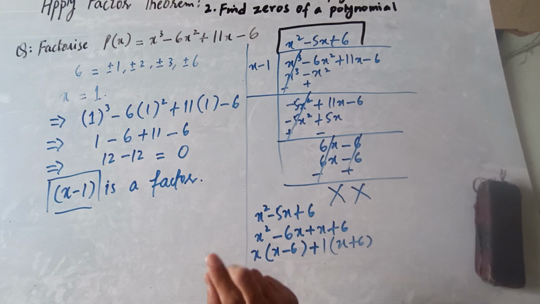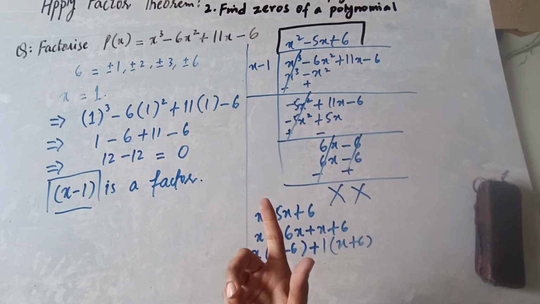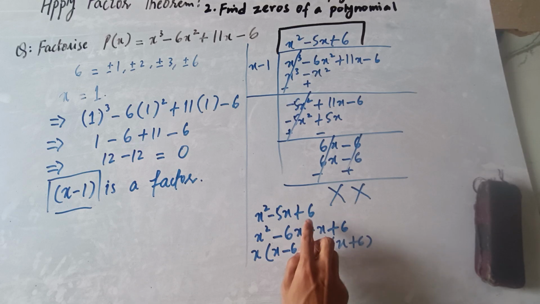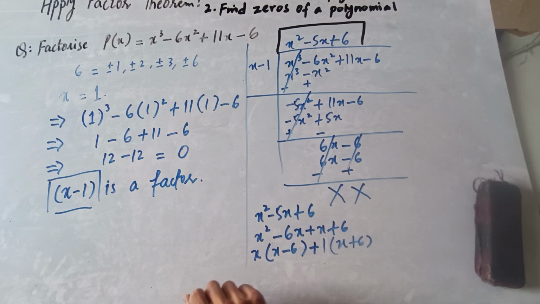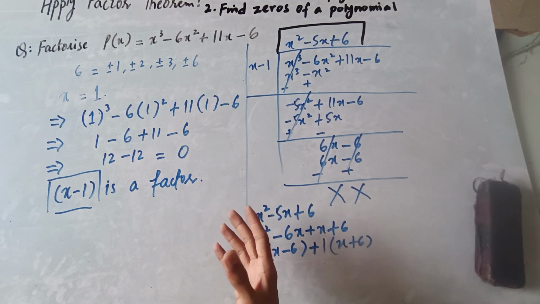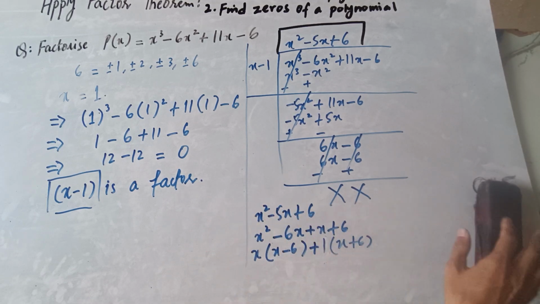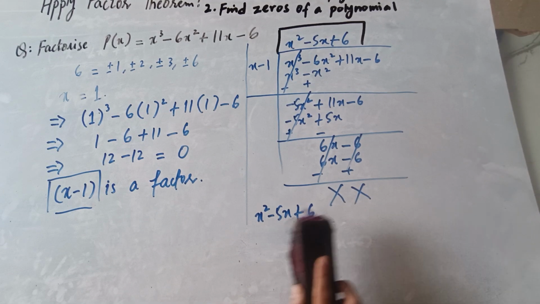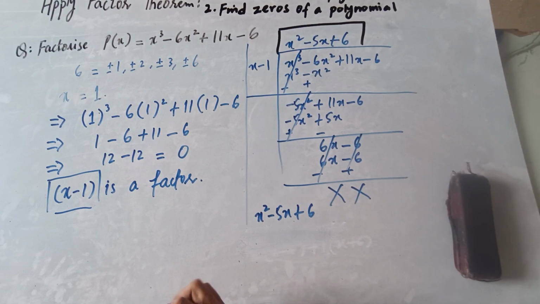But over here we need to check one more condition, as we have already discussed in middle term breaking factorization, that their product should also satisfy the product of the first term and the last term, which is not satisfied over here. So it is not necessary that every time the factors we take will satisfy both conditions. So instead of minus 6 and 1, we will take the other pair which is 2 and 3. How?